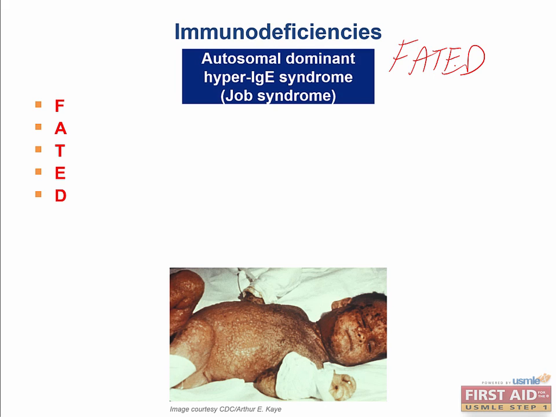This is autosomal dominant hyper IgE syndrome, also known as Job syndrome. And what is it due to? It's caused by a deficiency in the cytokine interferon gamma. Do you recall what interferon gamma is responsible for? Well, one thing is it induces chemotaxis of neutrophils and helps them leave the bloodstream and enter tissue to fight pathogens. So if you don't have that, then you're going to have recurrent bacterial infections and recurrent abscesses, as we